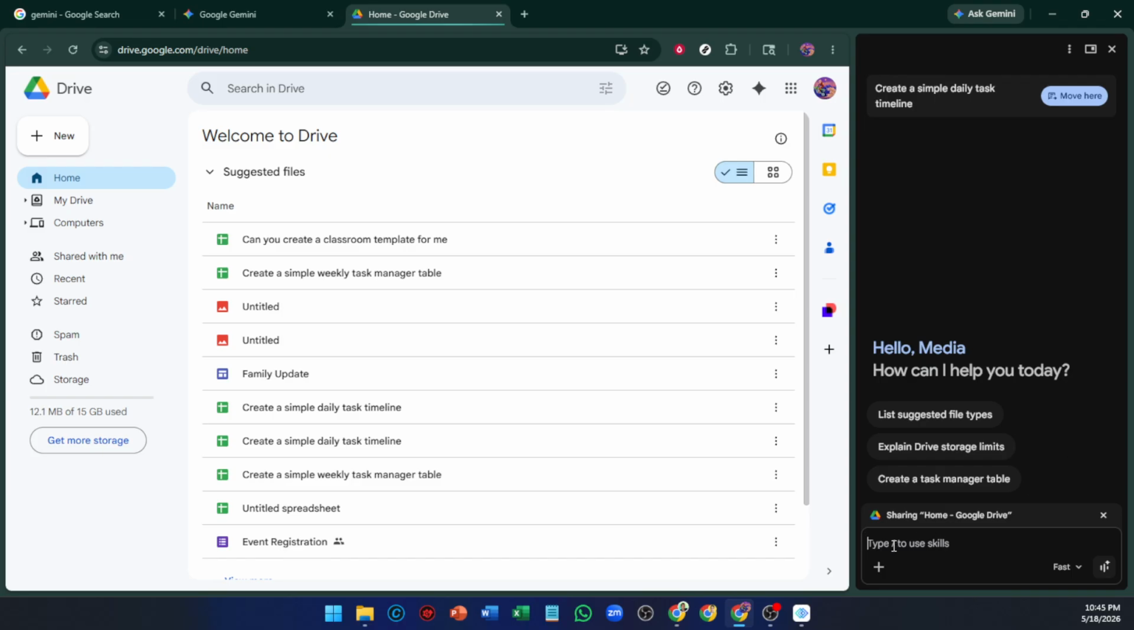If the first answer isn't quite what you need, follow up in the same thread. Ask for more detail, a shorter summary, a friendlier tone, or examples. You can mention additional sources by typing the @ symbol again, or remove sources to narrow the scope. When accuracy matters, ask Gemini to reference the exact sections it used so you can quickly verify the results in